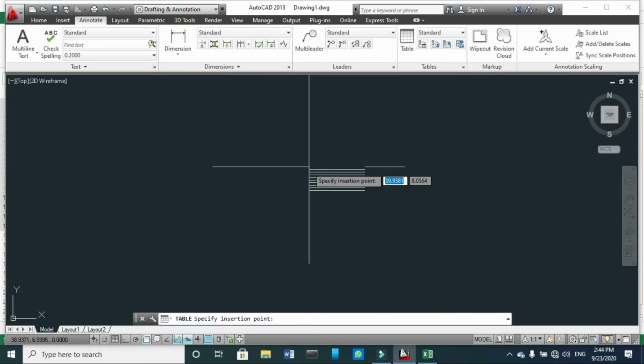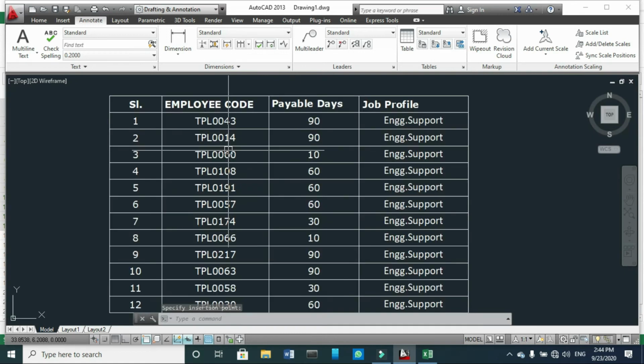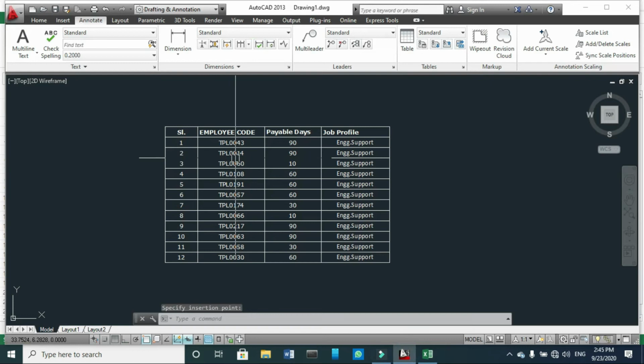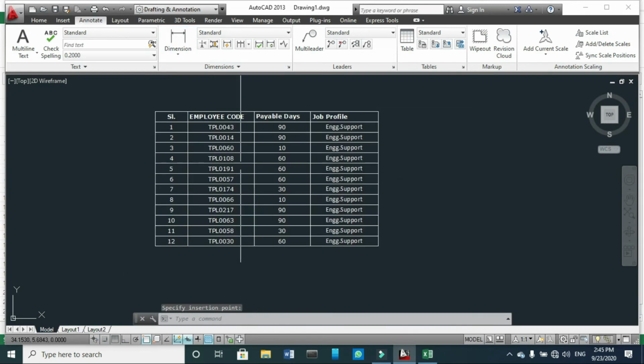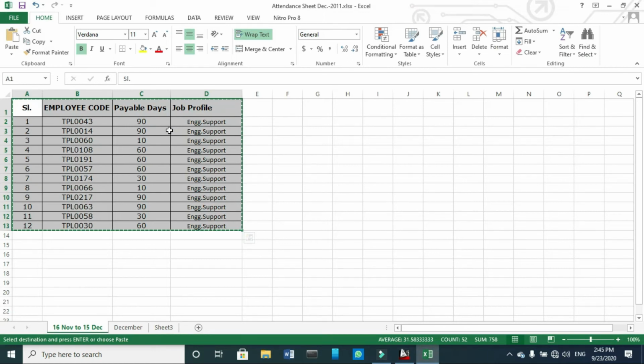Once you click OK, you can see all the data comes into AutoCAD. This data is from Excel. You can see here, this is all the data. Now if you want to change any values in the Excel sheet, suppose I change the first two values to 100,